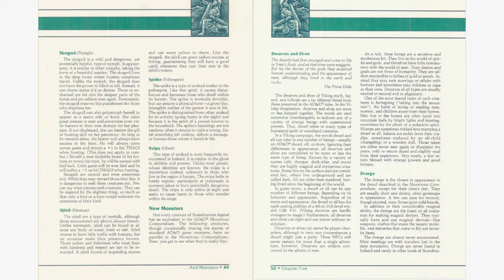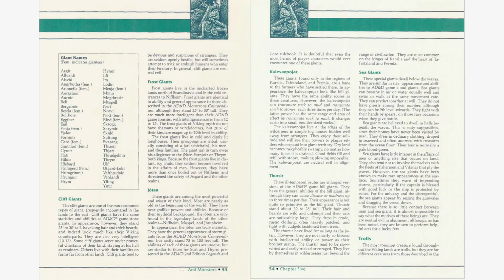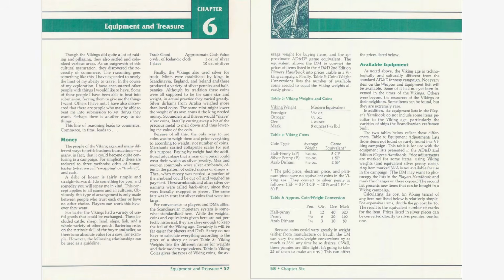And then it adds new monsters. It talks about the role of dwarves and elves, giants, which is a big part of Norse culture, trolls. Again, we've seen that that's a big part. And then it gets into money and how it worked, the weights and coins and the different names of them,